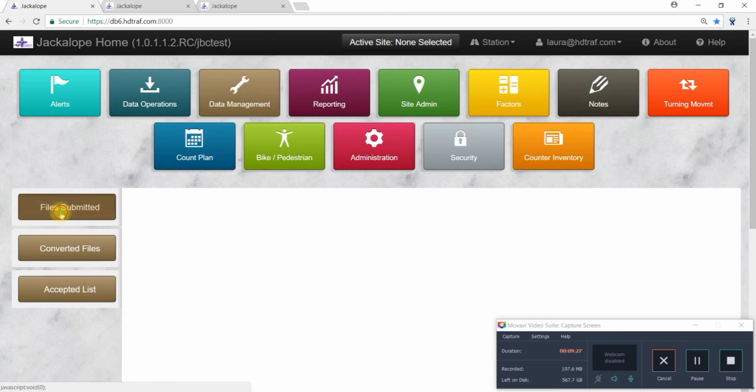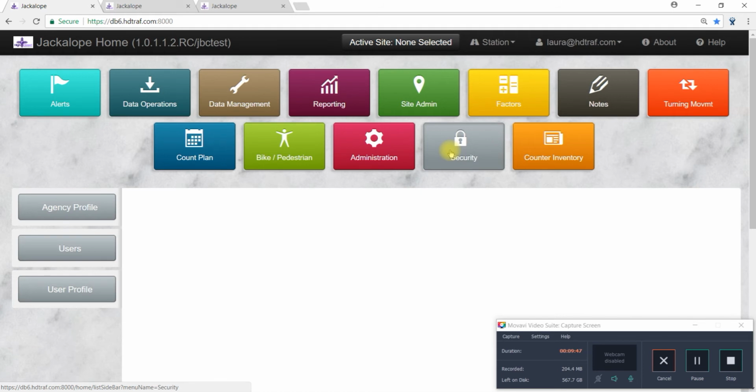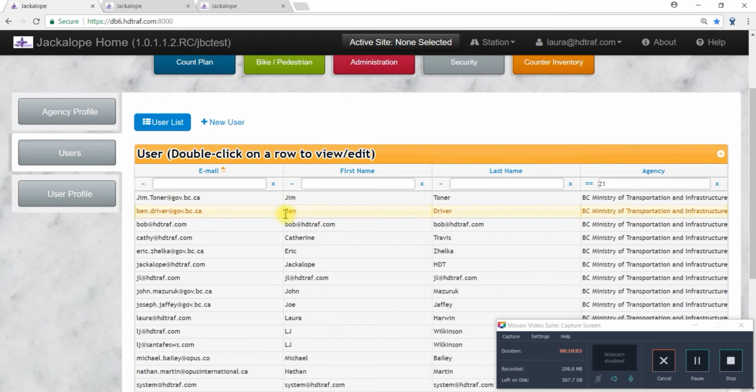go back to file submitted, and it will have retained, just for my user, the fact that I would like to see only the LJ Wilkinson submitted by files here. If that's something that you've set up and you've decided you don't like the way you've done it, you'd like to clear just your Jackalope cache, not clear your browser cache, because obviously that would clear your saved passwords and other browser information that you've saved over the weeks and months. You can go to Security, Users, find your user,